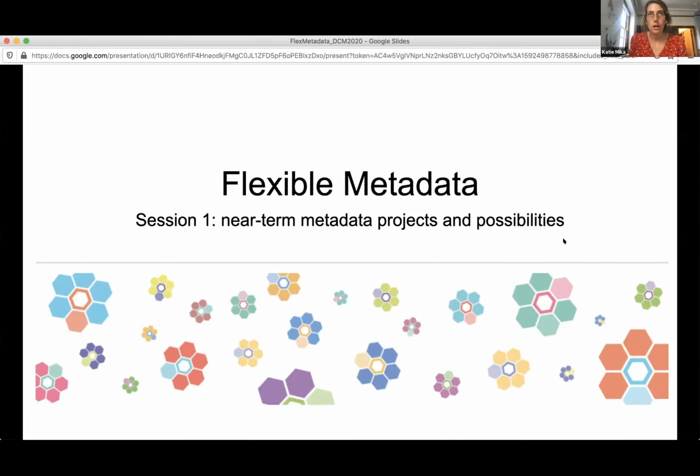If you didn't notice, I sent out an email to everybody that had registered for this session, but if you're joining and you didn't get that email, there's going to be 2 flexible metadata sessions.